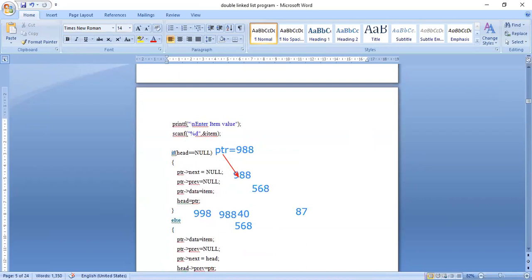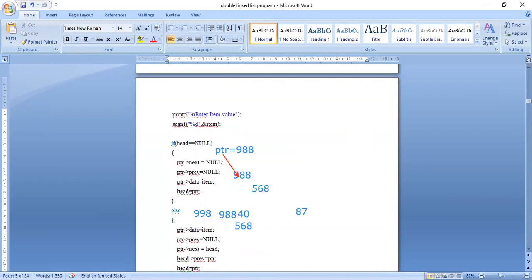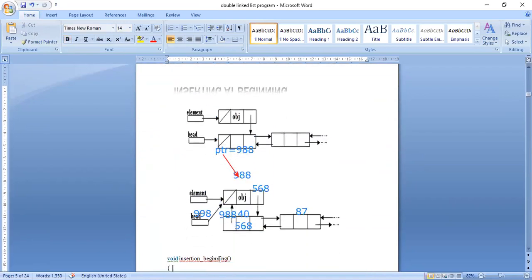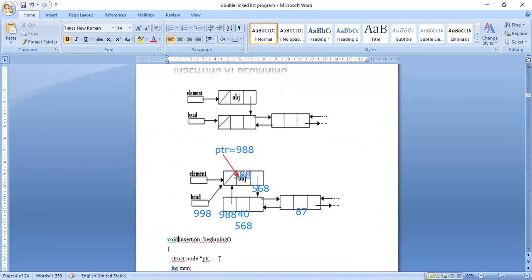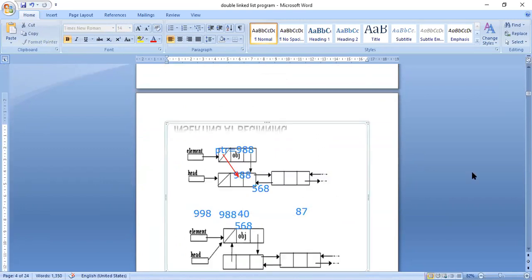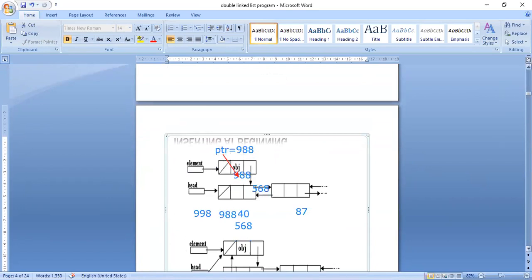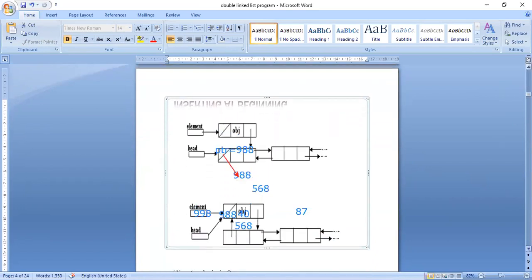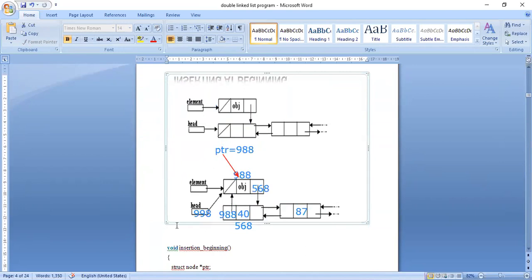Okay. Next, you can see head of previous is equal to pointer. Head is pointing to, initially head value is 568. So head is pointing to the node 40.